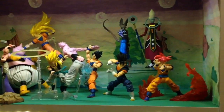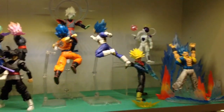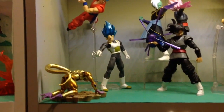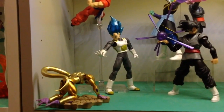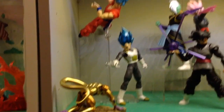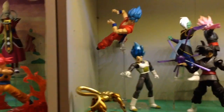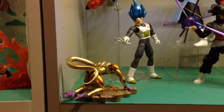Leading on to the Dragon Ball Super shelf. Again, I've still not managed to do any artwork for this one, still deciding what to do, but to start with this one, towards the end of Resurrection F, we've got Vegeta looking down at Golden Frieza just before he turns back to Base Frieza, and Goku comes rushing in. I still haven't changed Goku's pose because it just fits that scene so well. Quite pleased with the posing and how it looks with Frieza on one of the bases of the